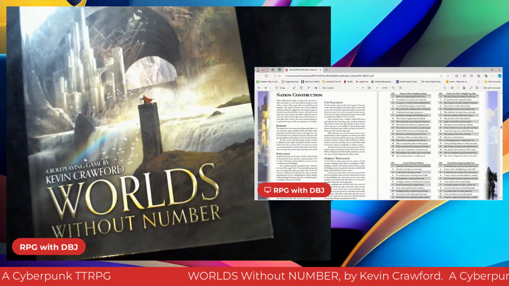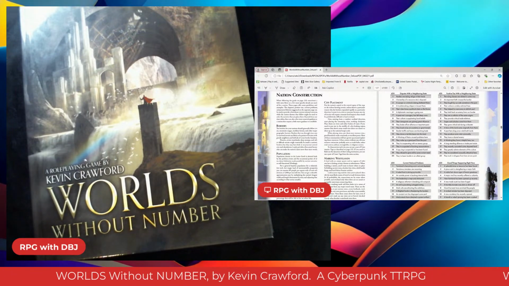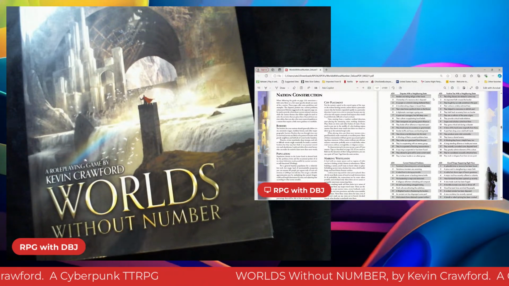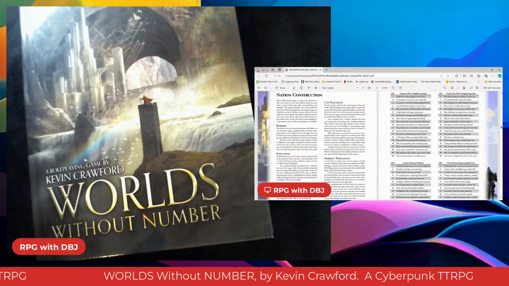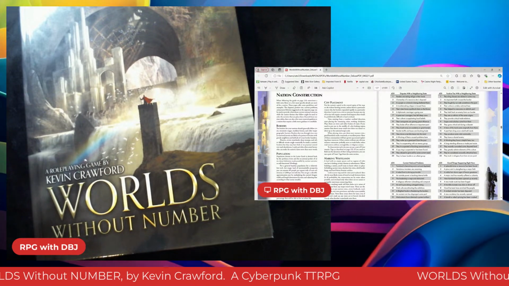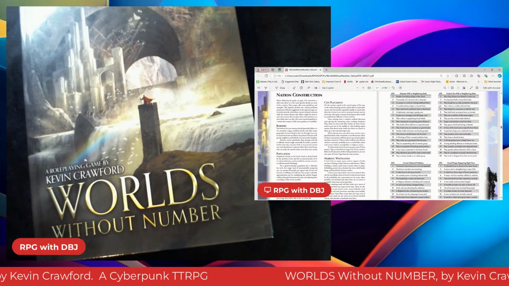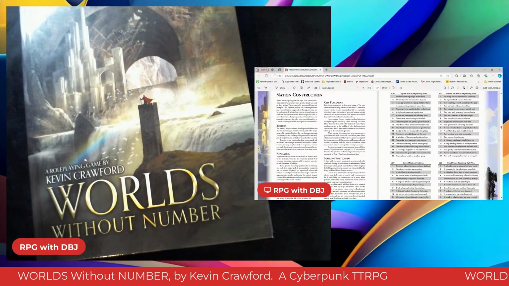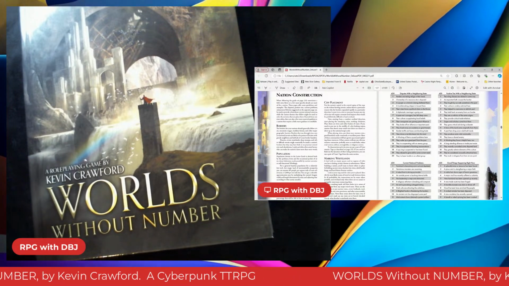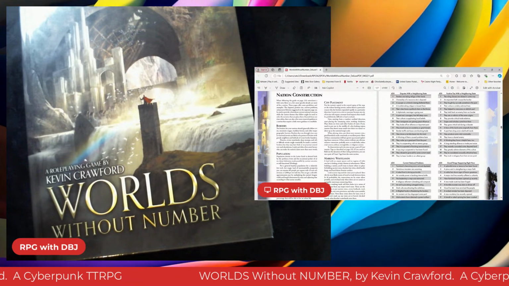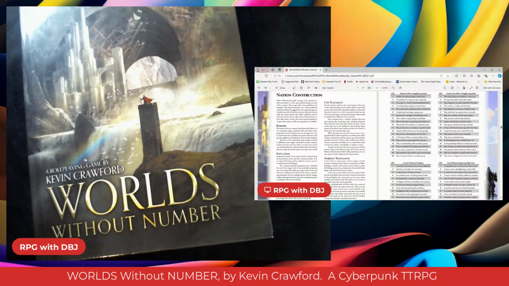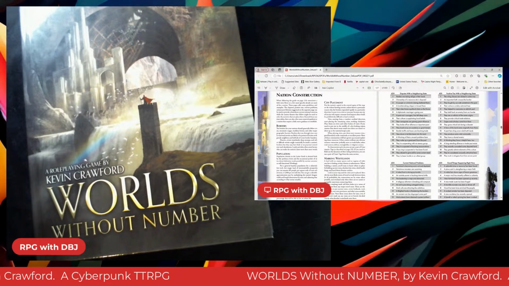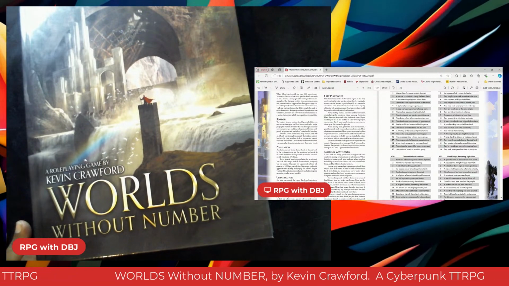Here we have our 2-page spread of creating a nation. The titles of the tables are like disputes with neighboring states, positive ties with the neighboring state, current national problems, good things happening right now. You're like, oh, okay. And even just these first 2 tables, like what are positive ties with a neighboring state and disputes with the neighboring state. And of course, many of those do not have to be placed into a state of stasis. They could be happening simply because of something the players did, or the players arrive in a time when there is an upheaval and whatnot.